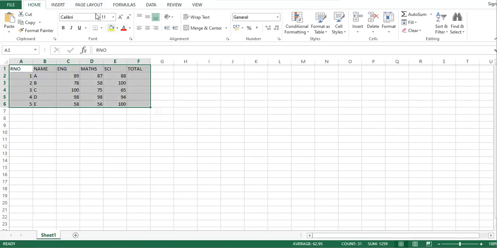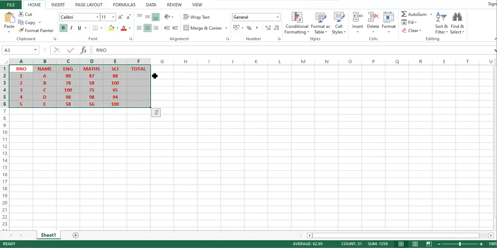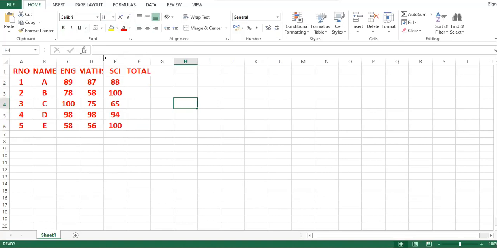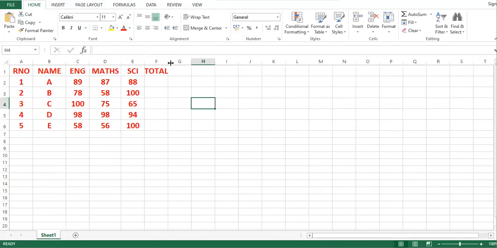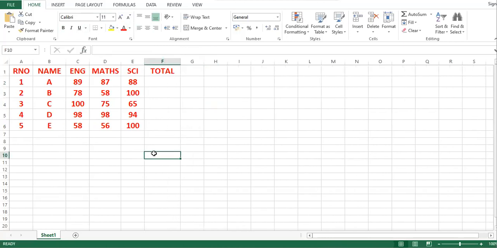Let me make it bold, colorful, and centrally aligned. And I increase the size to 18. So this is my data, right?